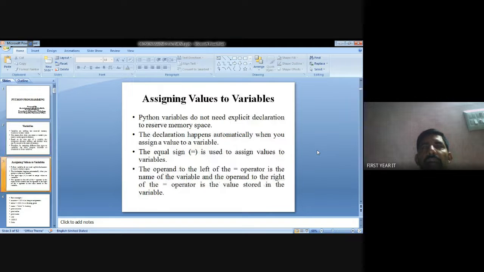To assign variable values, you put the equal symbol, which represents the assignment operator. The variable is assigned the value equal to 10.